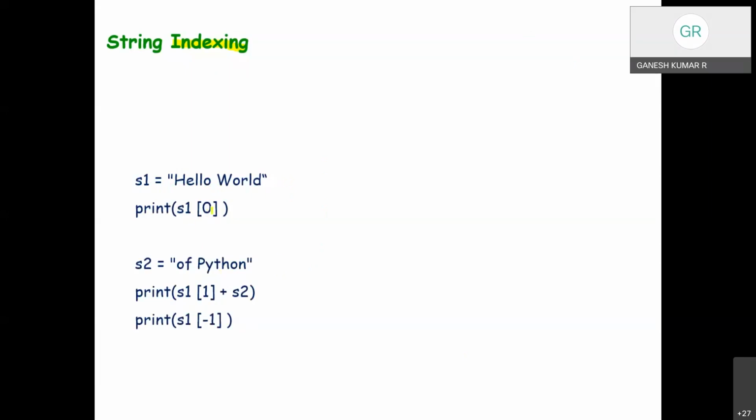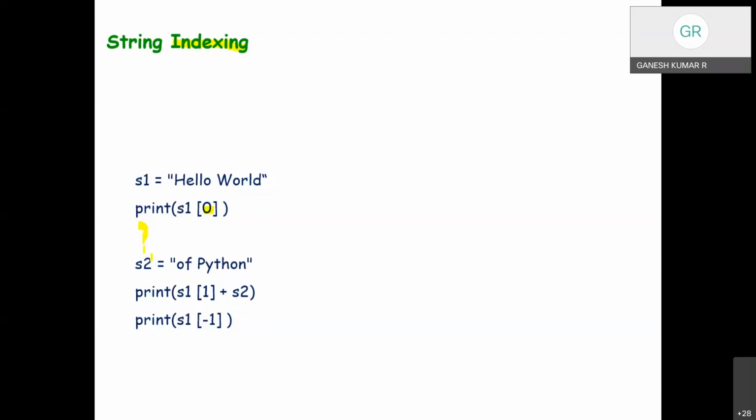Print S1 of 0. Any guess what will be the output? S1 of 0. H, yes. So S1 of 0 is H.